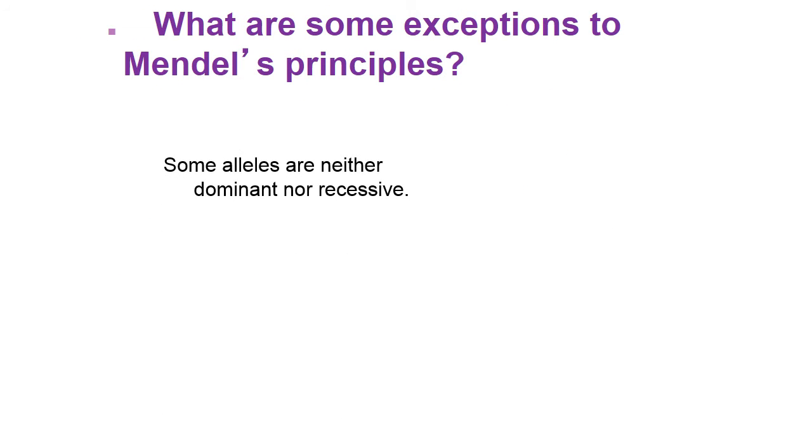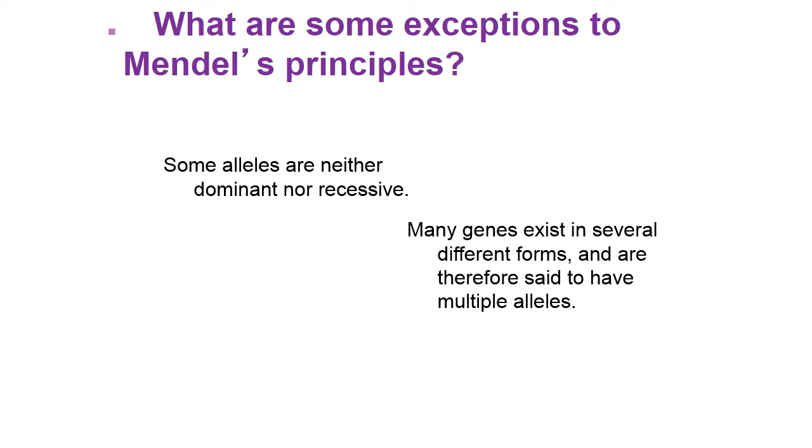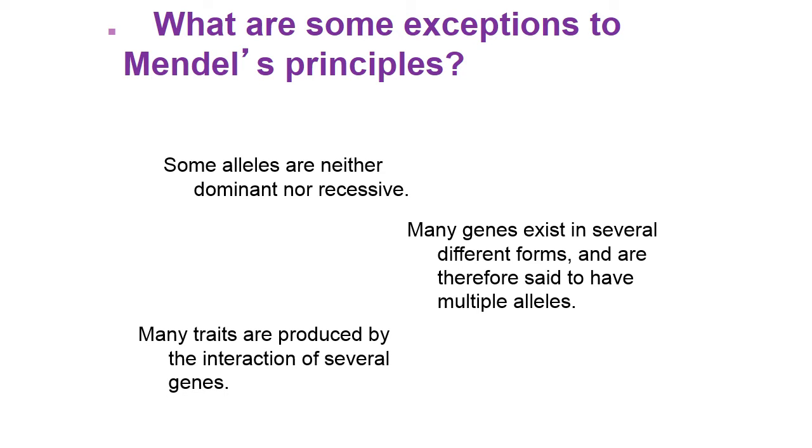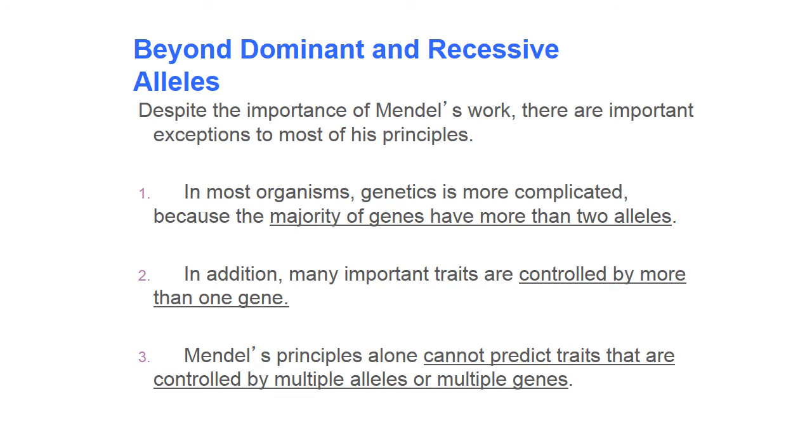So one exception to Mendel's principle is that some alleles are not dominant, nor are they recessive. Another one is that many genes exist in several different forms, and so they're said to have multiple alleles. So it's more than just a big T and a little t. There might even be a C. And then lastly, sometimes traits are produced by the interaction of several genes. And we're going to look at all three of those in this section. So firstly, these are three main exceptions to Mendel's principles,